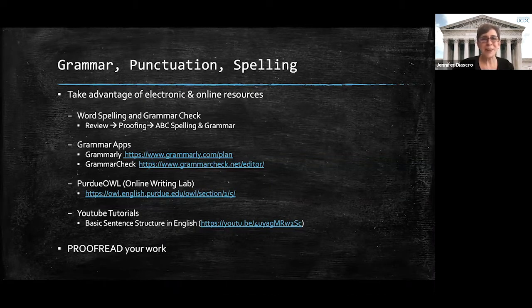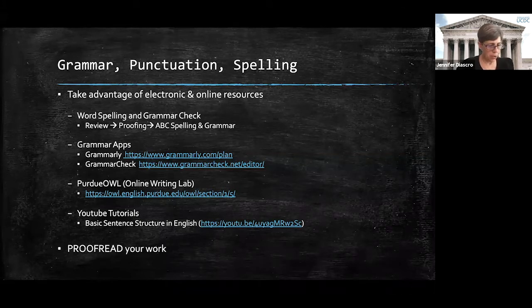Possessives are another grammar problem, about how we use possessives. And sometimes we're missing verbs, sometimes we're missing subjects. Sometimes that's a punctuation issue, sometimes that's a grammar issue, sometimes it's a run-on sentence issue. I've got some examples of those in the next slide, and it won't come up right now, but it'll show up in the slide deck.